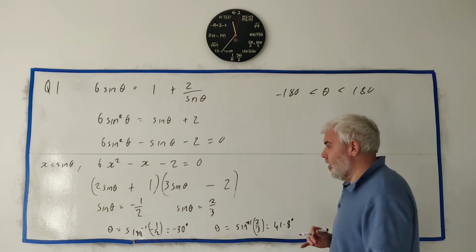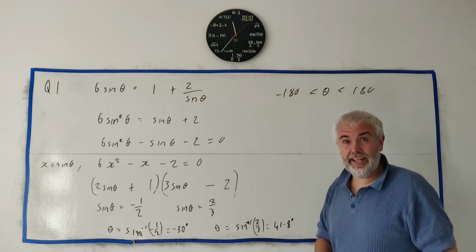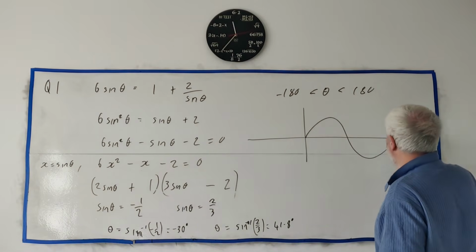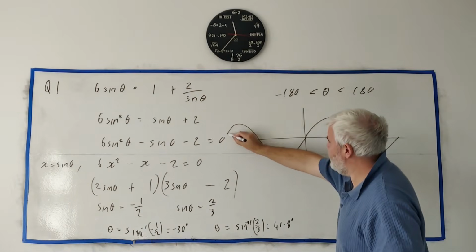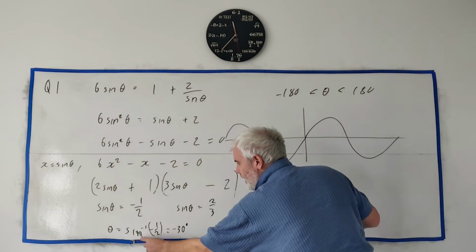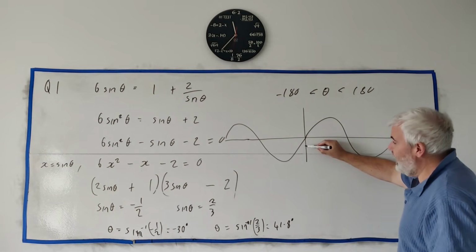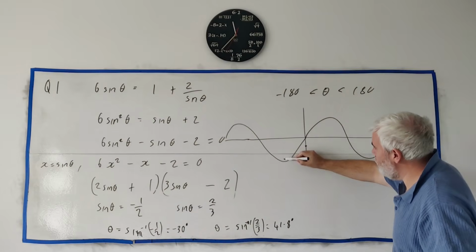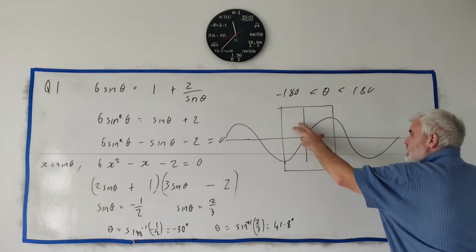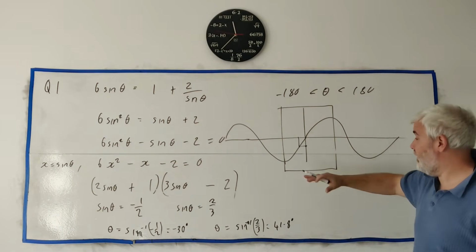What I'd like you to remember is whenever you do something like this, the inverse sine, your calculator is not that smart. It's not very good at doing sine. Let me draw sine out here. And it continues the other way as well. This goes on forever in both ways. When you ask your calculator what you get when you take the inverse sine of minus a half, what it's doing is it's checking minus a half here, and it only looks between, let me put a box around the world your calculator looks in. Your calculator only looks at this world and it returns the number it sees in that world,